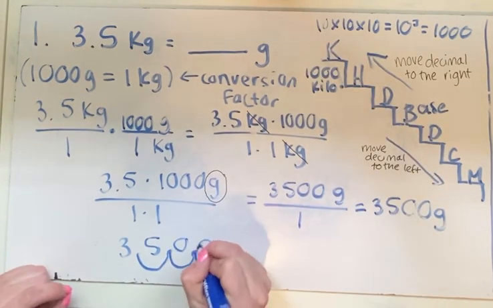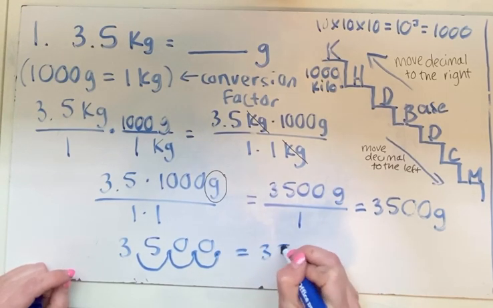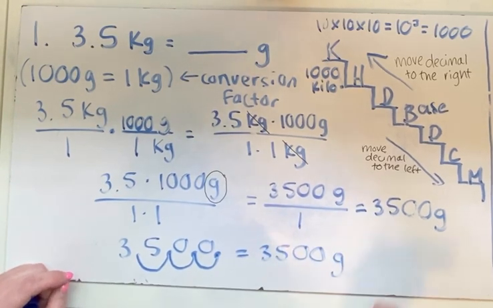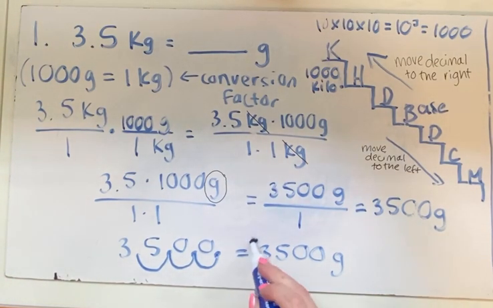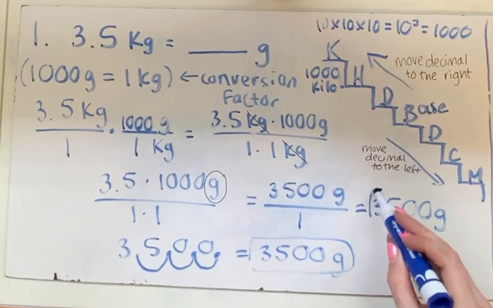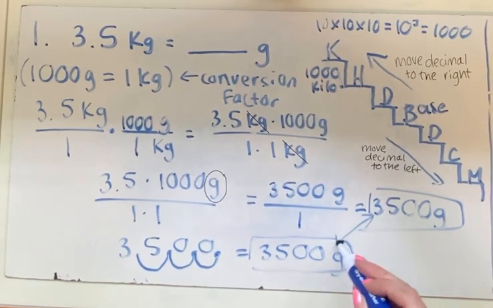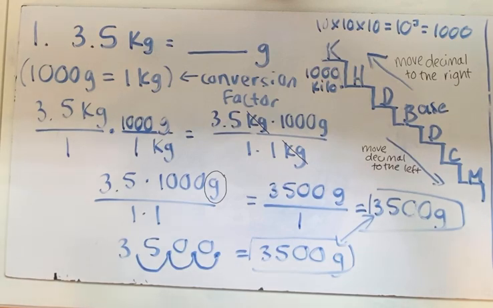And adding zeros as I need, I would get 3,500 grams. Awesome. Okay, that is the same answer as we got up here, so we know that we did the problem correct. Awesome, 2 ways to do it. Okay, I'd like to show you one more where we're going from